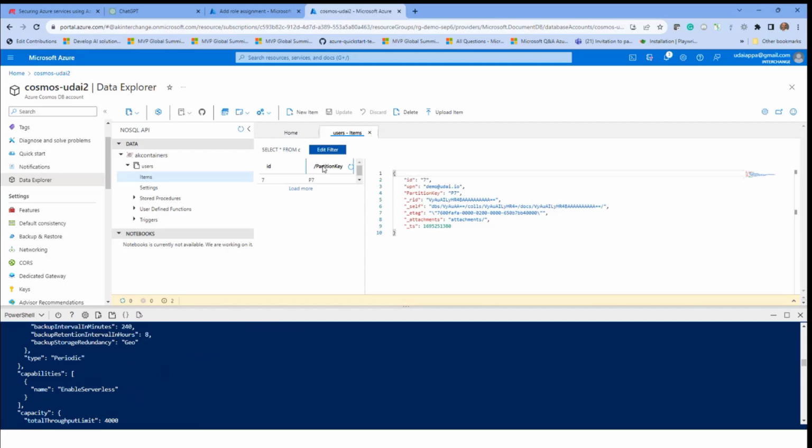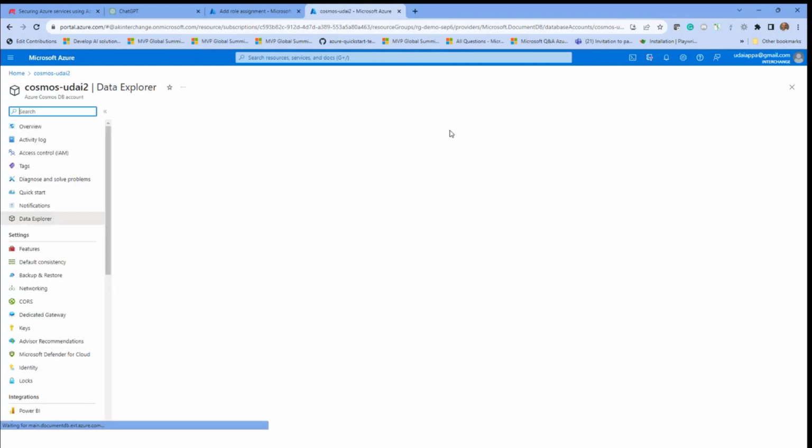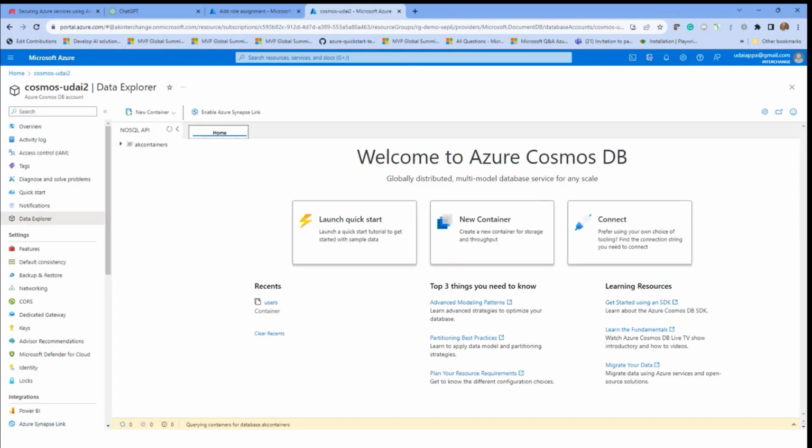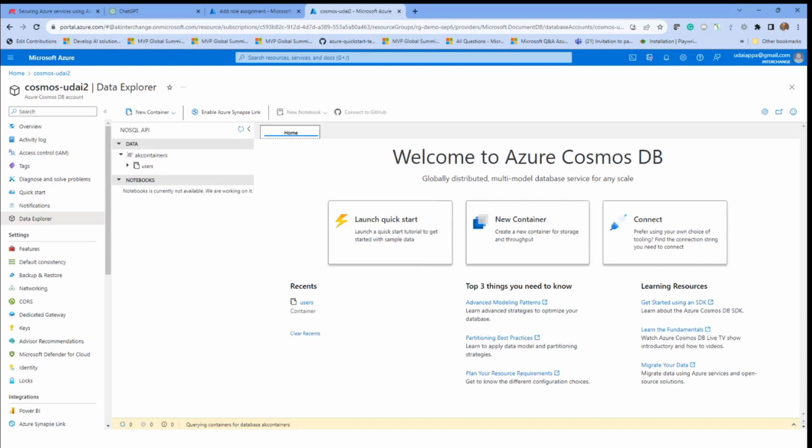Yeah, it is done. But now we're trying to run this code over here. It may not work. Settings, and let's refresh this blade. Okay, let's go to users.